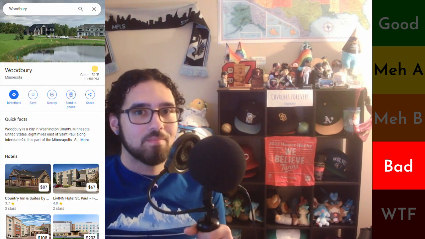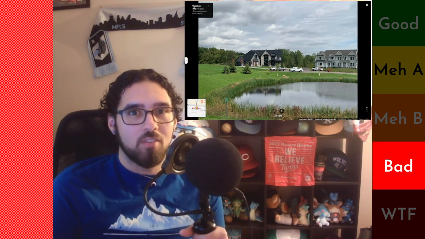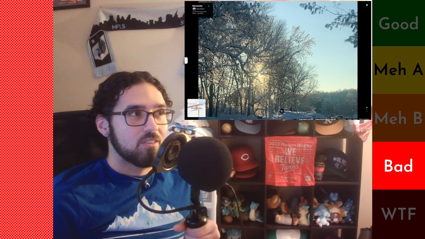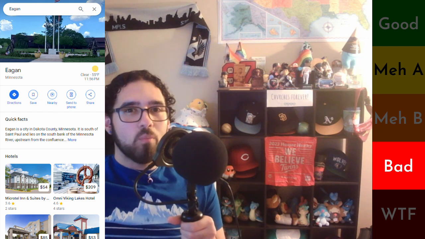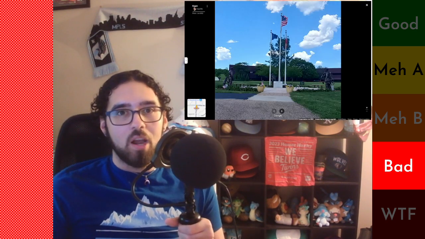First up, Woodbury. What is this? What are we doing here? I mean, it's secluded enough, it kind of gives off a Woodbury vibe, but this could be literally anywhere. Minnetonka, same deal. We've just got a picture of some snowy trees. This could be anywhere in the north. Do better. For Egan, we've just got this memorial flagpole, which again, could be pretty much anywhere and is not